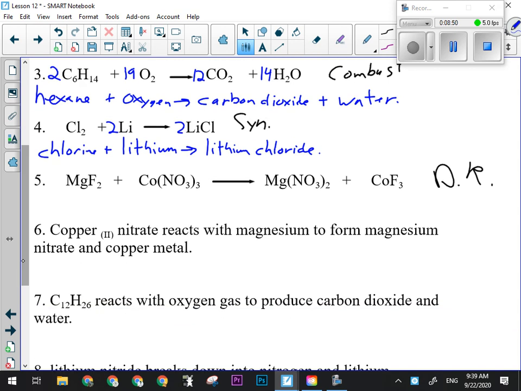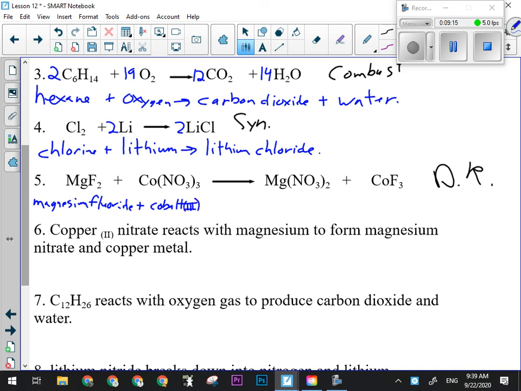Okay, how many people have done number 5? Okay, let's have a look at number 5, and then we're going to see what happens when we get the reactions going the other way. Okay, so we got MgF2, okay, which is magnesium fluoride. Okay, ionic compound, reacting with cobalt